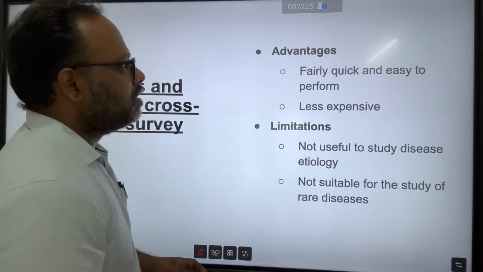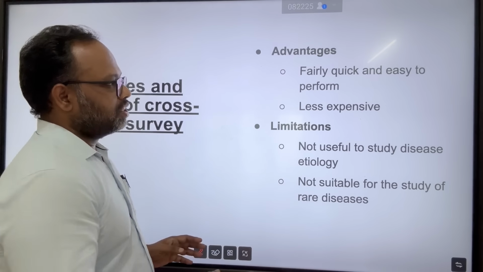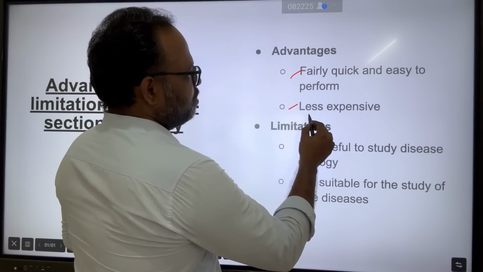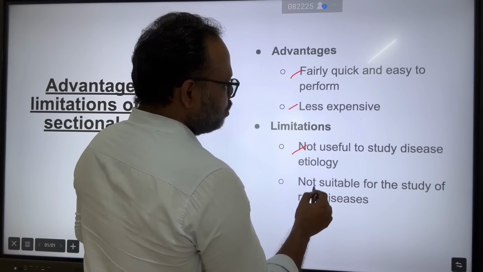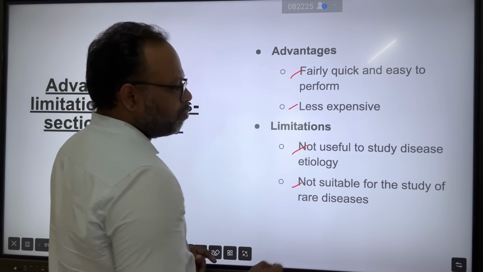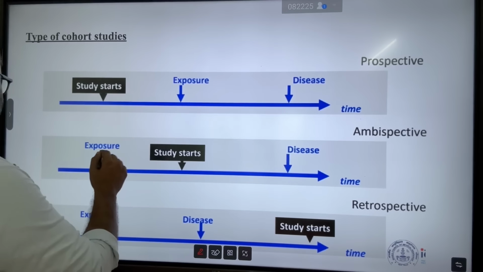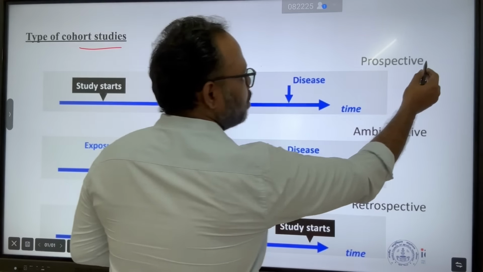We have seen the advantages and disadvantages of cross-sectional study. It is fairly quick and easy to perform. It is less expensive, and the limitation is that it is not useful to study disease etiology and not suitable for the study of rare diseases. This is the slide on types of cohort studies, where we have 3 types of cohort studies: